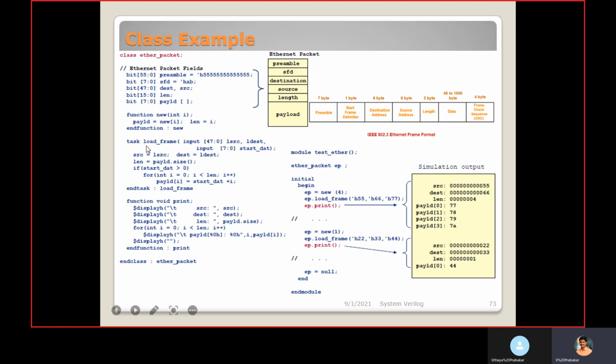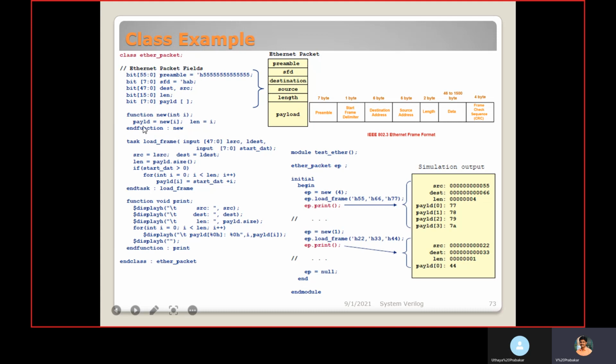Then here we have one task, that is nothing but a method, load_frame, with input l_src source, l_dest destination. These are the input arguments. Then start_data. Here we are assigning the received argument to the source, l_dest to destination, and payload size.